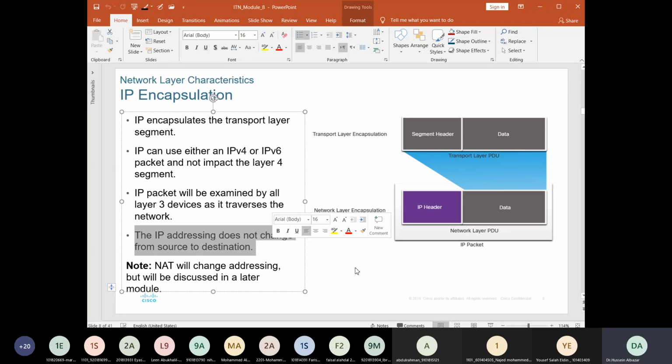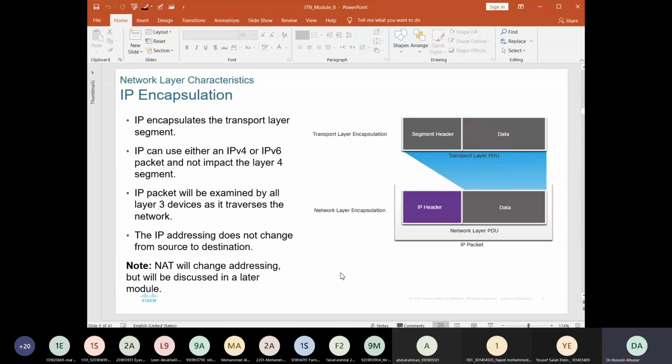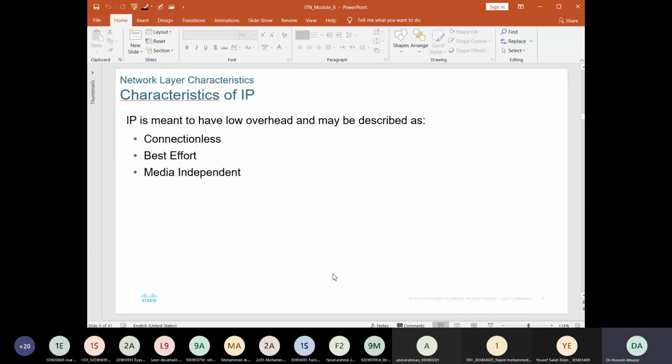So NAT will change the addressing, but we are going to talk about it, the local address, later on. So we'll know why the NAT will change the IP address. Now NAT, one more time, stands for Network Address Translator. Now IP is designed or is meant to have a low